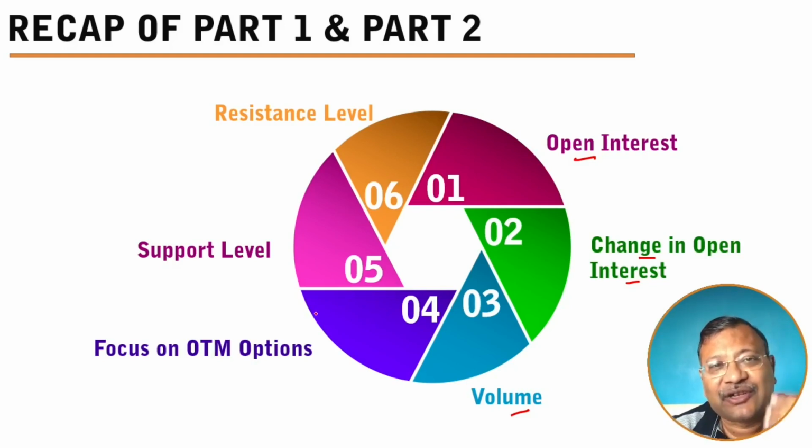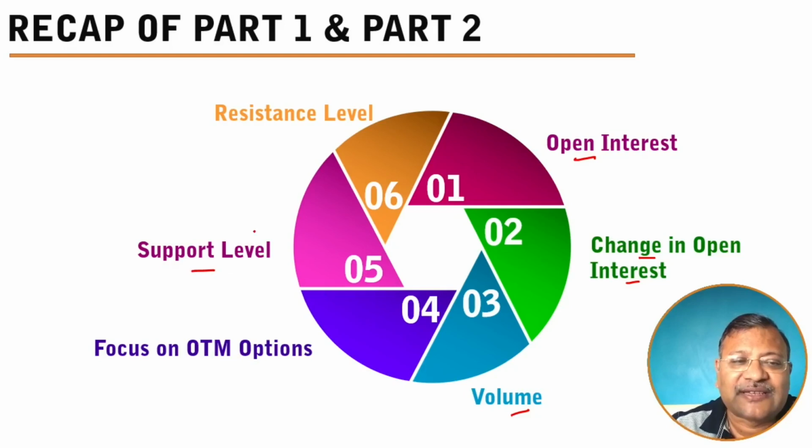We knew that there were shaded portion and the non-shaded portion, that is the white portion, and the white portion represented the options which were out of the money. And the more important fact was that we had to focus on out of the money options because that is where all the buyers and sellers activities are concentrated, and that is where the bulk of the action is taking place.